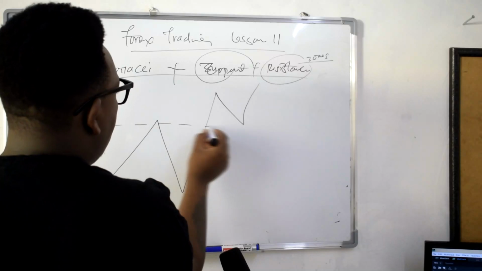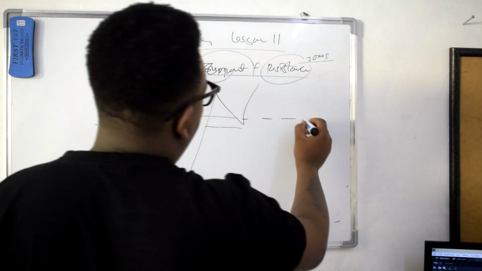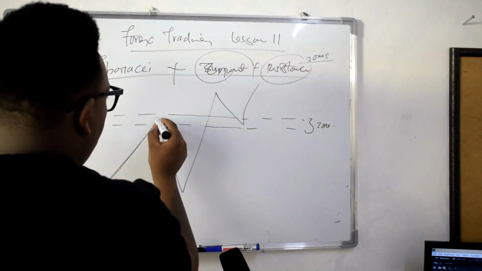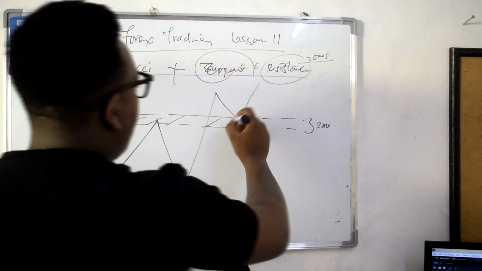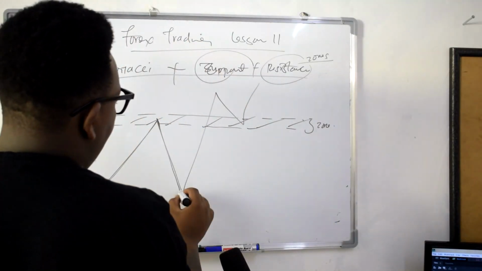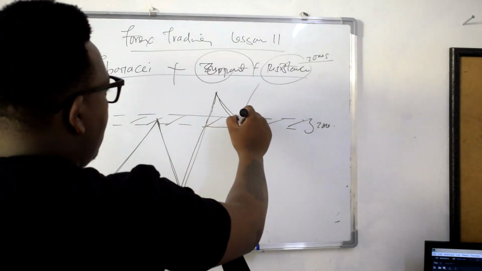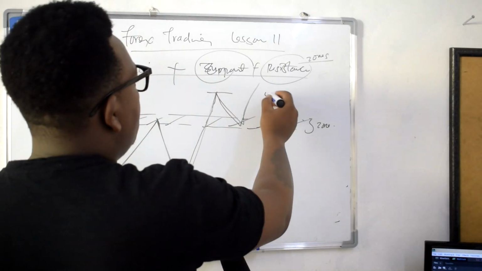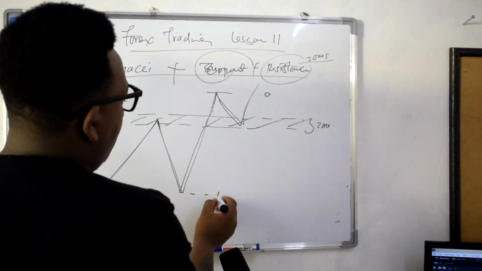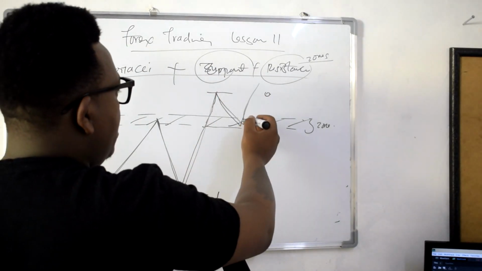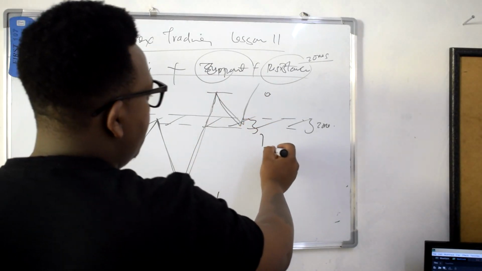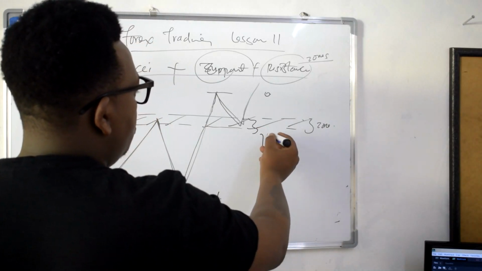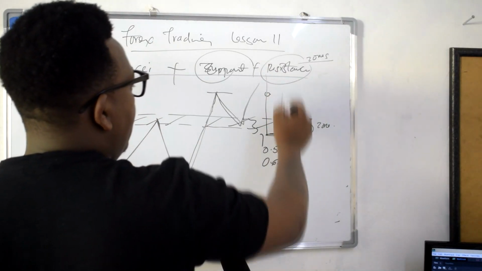For instance, you can draw a zone right here. That's a very good area to draw. This is the zone, meaning you can see the market was struggling to break this zone. Then finally the market broke this zone, and you can see after breaking the zone, it's now bouncing on the upper side. So here's the thing, you pull your Fibonacci, you place your 0 right there, then you place your 1 right here. In most cases, you realize this zone normally forms between 0.5 and 0.618. So when placing your stop loss, you just place it around here. This will be a stop loss area,